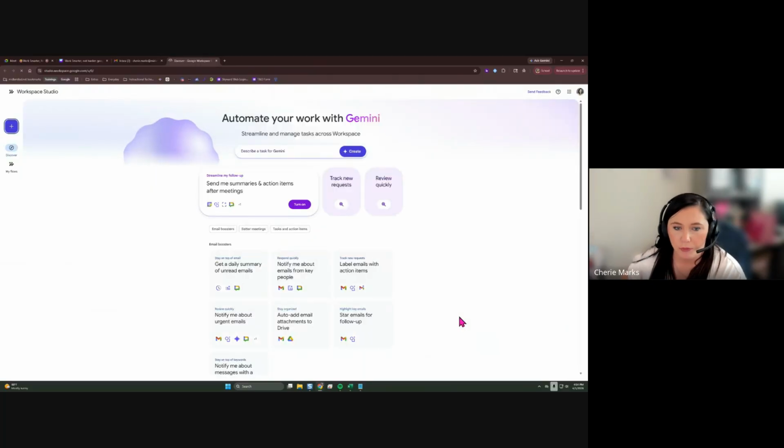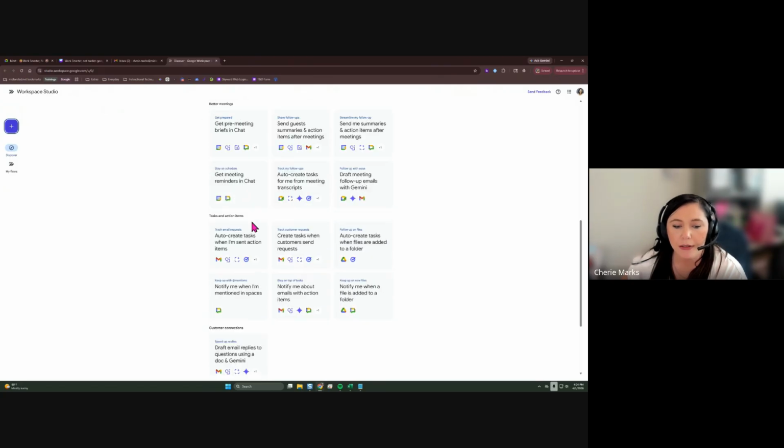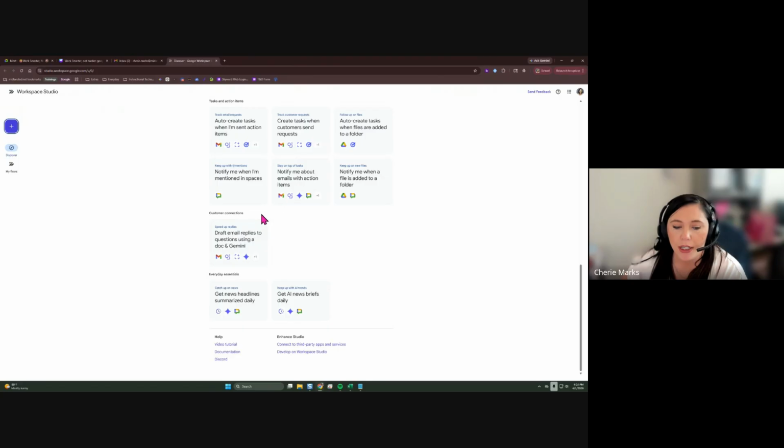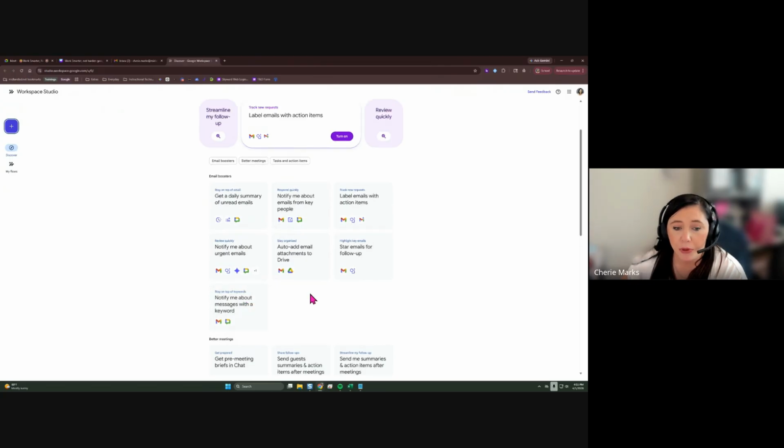So this is your studio. There's a couple of different ways you can do this. You can describe the tasks that you want for Gemini, or you can scroll down and you'll see email boosters, better meetings, task and action items, customer connections, and everyday essentials. So with the email boosters, if you're a teacher or just a really busy director, executive director, chief, this